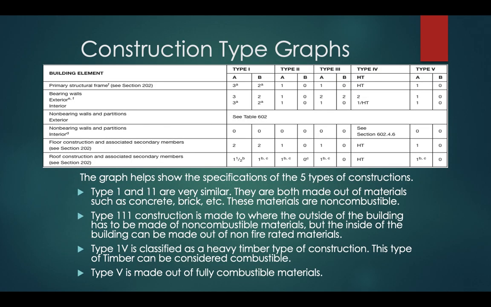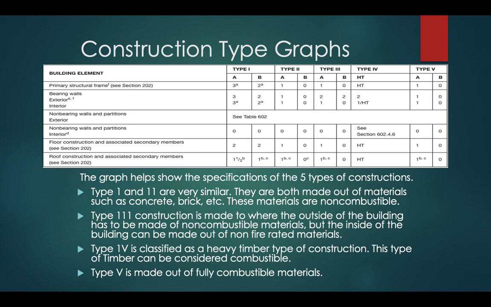Alright, so the first graph we're going to look at is construction type graphs. The graph helps show the specifics of the 5 types of construction. So when we break this down, we can see building elements. So this is the different types of wood we're going to see, or different types of framing we're going to see in structures, and it breaks it down by the different categories of